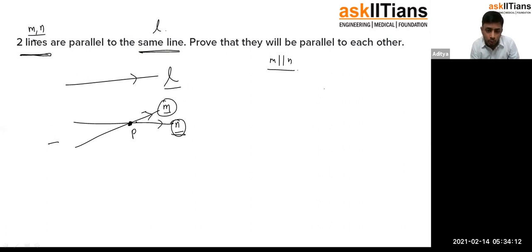Why? Because both of them are passing through this point P and both of them are parallel to line L. So Playfair's axiom tells us that any line passing through P and also parallel to line L, there will only exist one such line. So M and N must be the same line, coincident lines. But that is not possible because here we are assuming that there are two distinct lines. And hence there is a contradiction